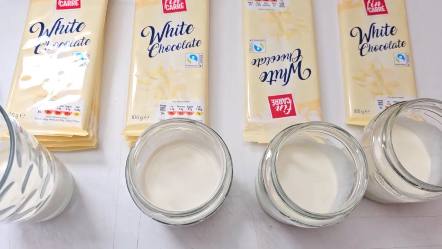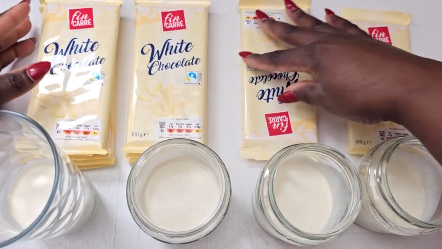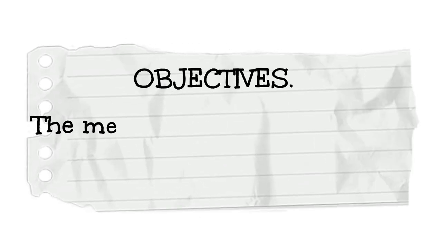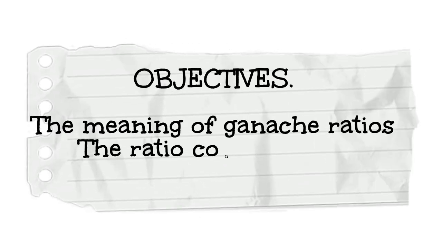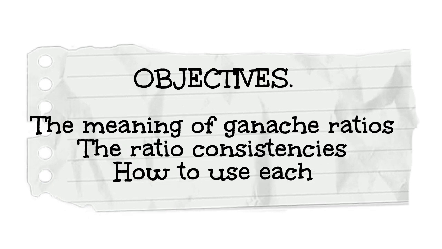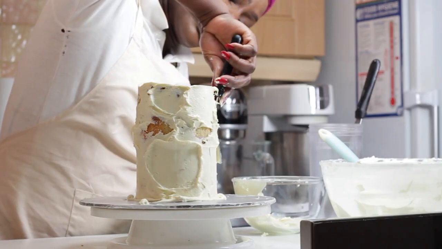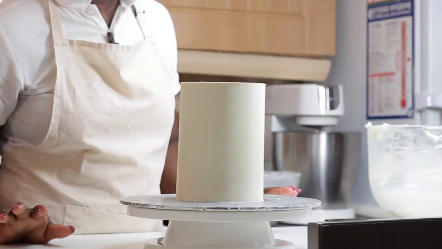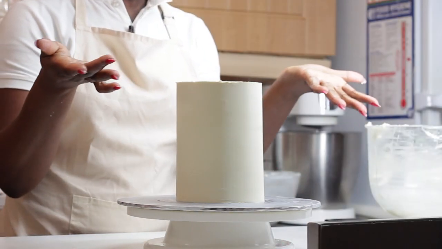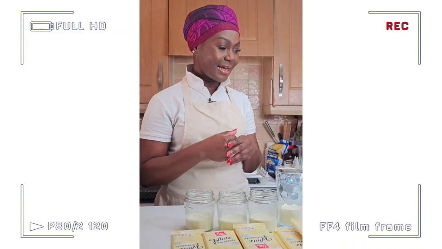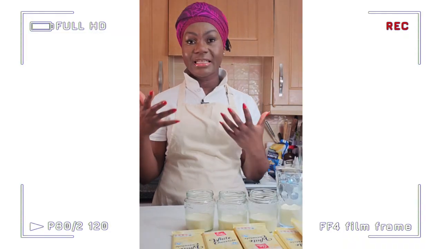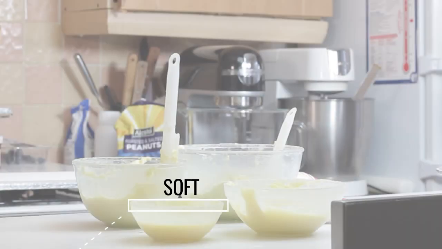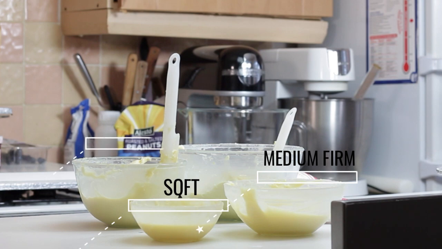So in this video, we are taking the subject of ganache ratios apart, and by the end of this tutorial, you'll understand what ganache ratios are, the various kinds, and how they affect yield and use in the cake decorating process. You can then make a choice with this information about your exact ganache ratio and the purpose for which you're deriving it. This video is a highlighted summary of an hours-long session talking all things ganache ratios, which I encourage you to watch. But with that out of the way, let's jump straight into the subject of ganache ratios